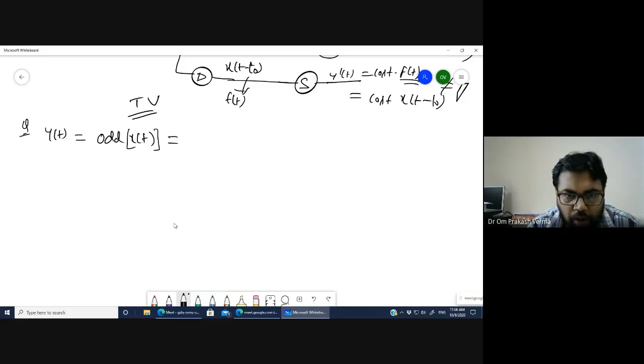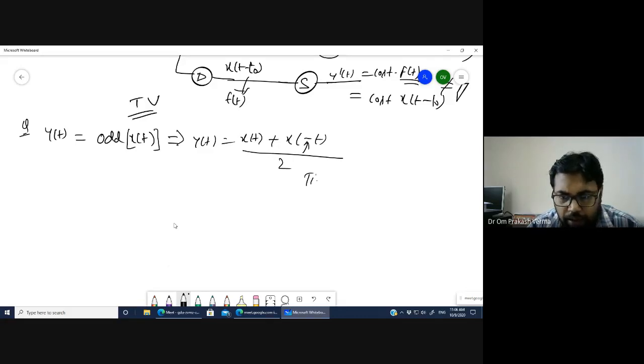Yes. y(t) is nothing but the odd function, x of minus t. So minus 1 is a scale. Okay, it is the time scaling. So you can simply say that it is a time variant system. y(t) equals a real part of the...